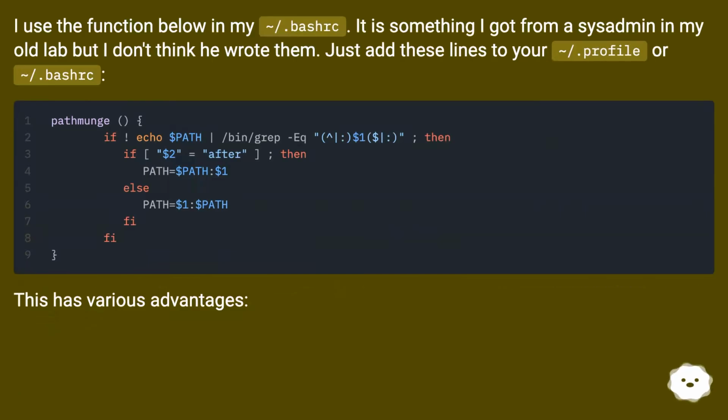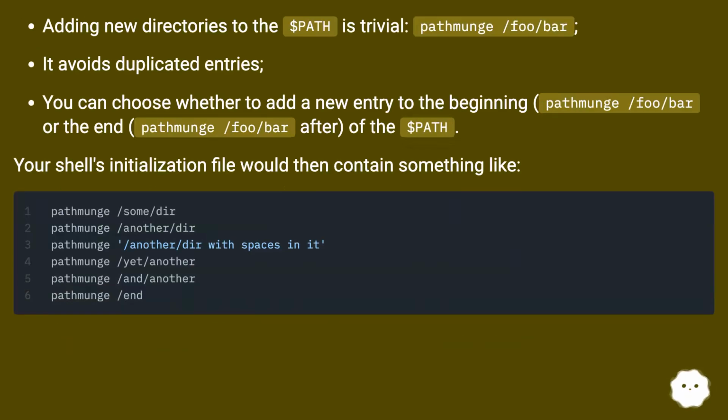I use the function below in my ~/.bashrc. It is something I got from a sysadmin in my old lab, but I don't think he wrote them. Just add these lines to your ~/.profile or ~/.bashrc. This has various advantages. Adding new directories to the $PATH is trivial, pathmunge followed by the directory. It avoids duplicated entries. You can choose whether to add a new entry to the beginning, pathmunge directory, or the end, pathmunge directory after, of the $PATH. Your shell's initialization file would then contain something like